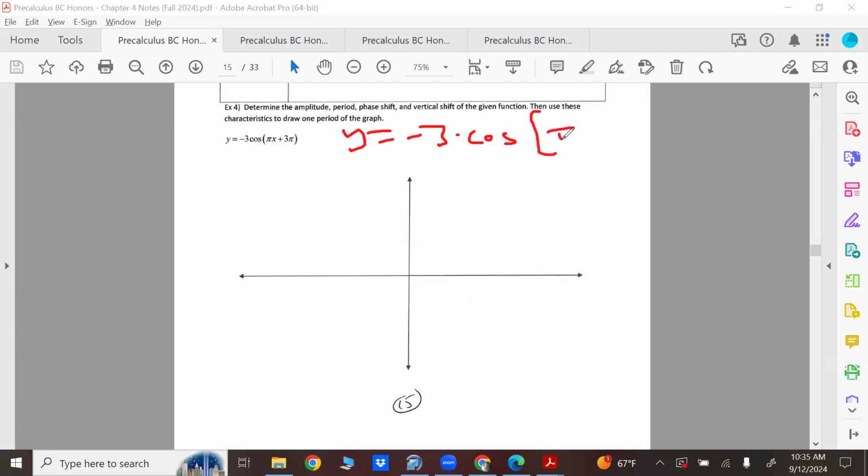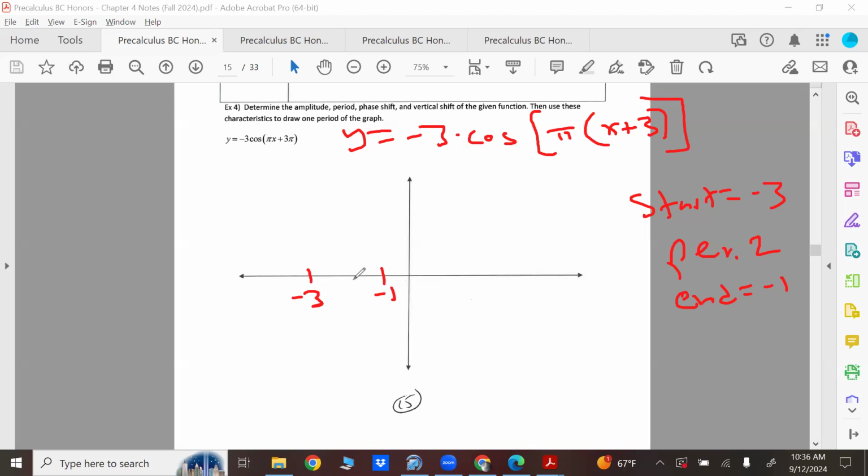Pull that pi out: x plus 3. Cool. All right. So where am I going to start the graph? And what's my period? 2. So where am I going to end it? You don't even have to go through that whole process of solving. It's pretty obvious. So we're going to start at -3